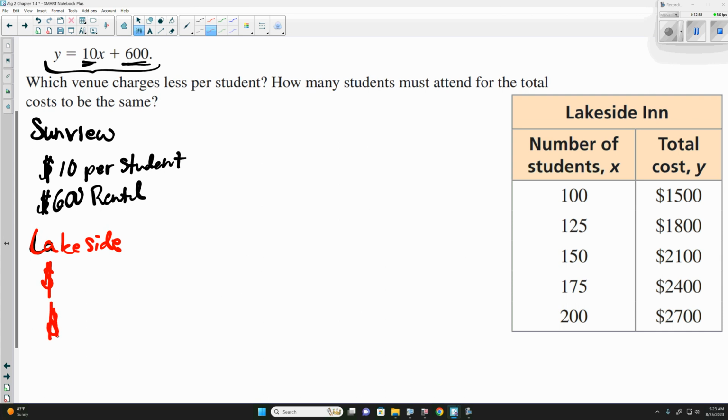Did Lakeside give us the y-intercept or the initial cost? So how much is going to cost us with 0 students? Well, it could be, but they really didn't tell us. They just started at 100 students and went to 200, yes? Okay. So what we have to use for this is not slope-intercept, which we've been using up to this point,